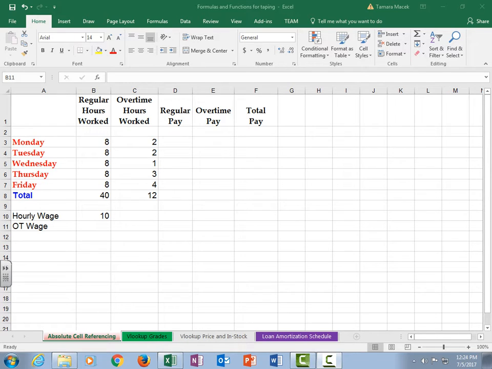Hello, and welcome to the concept of absolute cell referencing in Excel. We have a workbook here which indicates regular hours of 8 hours a day you worked and overtime with various amounts. My demonstration right now is going to be using something called relative cell addressing, and then we'll quickly get